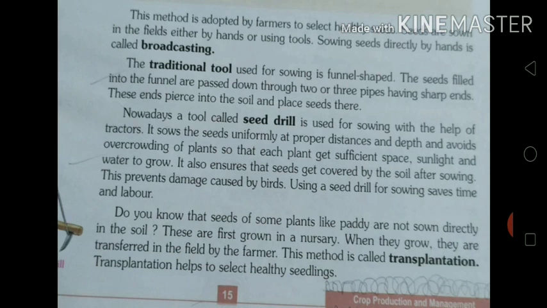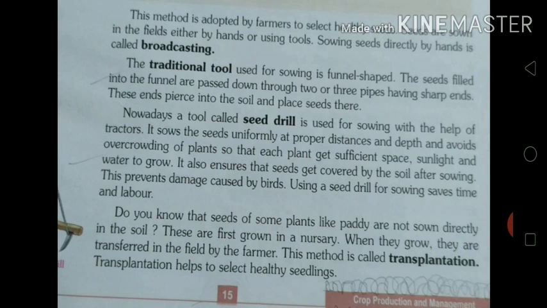So what is a seed drill? It is a long iron tube and it is funnel shaped. So, an iron tube having a funnel at the top. The seed drill is tied to the back of the plow and seeds are put into the funnel of the seed drill. So how is it used? It is tied to the back of the plow, and inside the funnel farmers put their seeds,